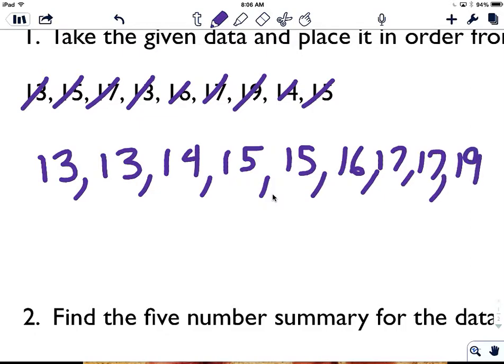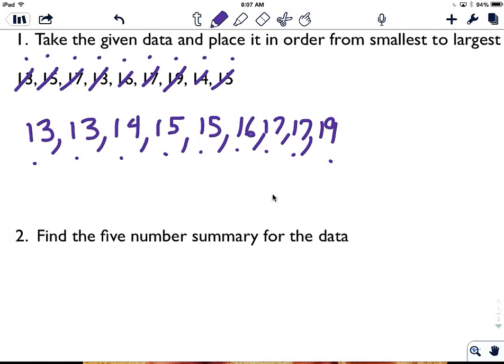I'm going to check, make sure I got all my numbers. So I'm going to do 1, 2, 3, 4, 5, 6, 7, 8, 9. Make sure I have 9 numbers in my new set. 1, 2, 3, 4, 5, 6, 7, 8, 9. Cool. All right, so I didn't leave any numbers out. It appears I got all of them, so I'm ready for my next step, which is to find the 5-number